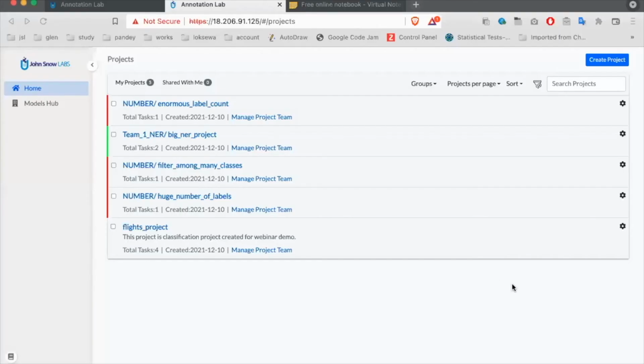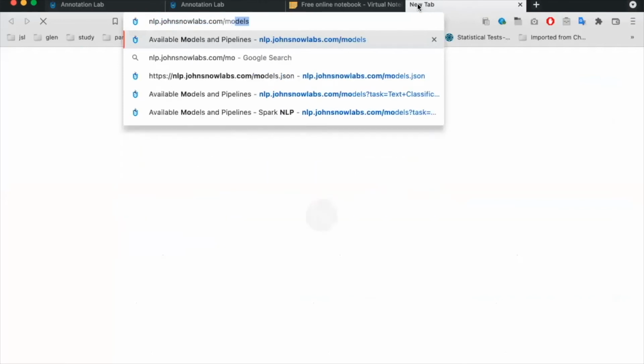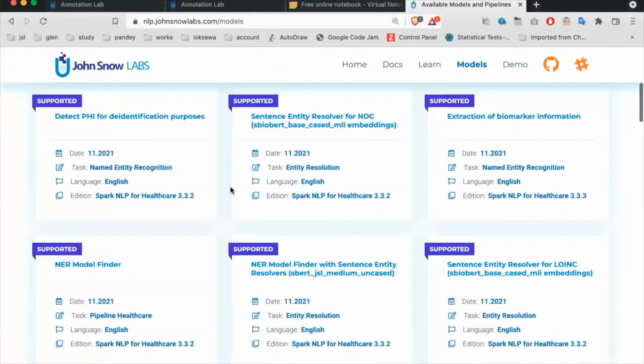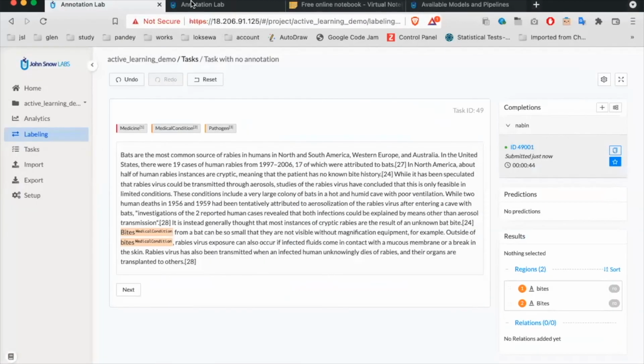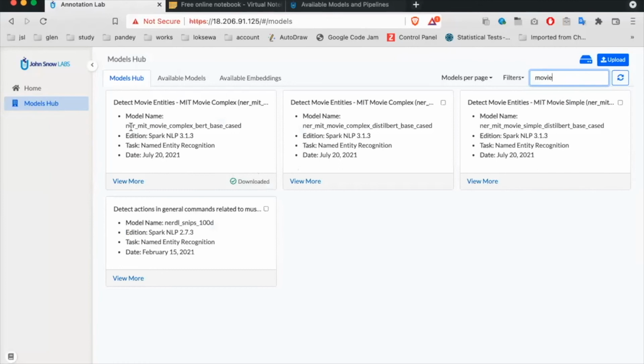Okay, so let's go with the demo. I'll be showing how to do pre-annotation and how to use the active learning feature. First, I'll go to the model subpage, which is equivalent to the nlp.johnsnowlabs.com/models page. Here we list all the available models from JSL. The same is here. In this one, I'll look for a movie model, something called NER-MIT movie,